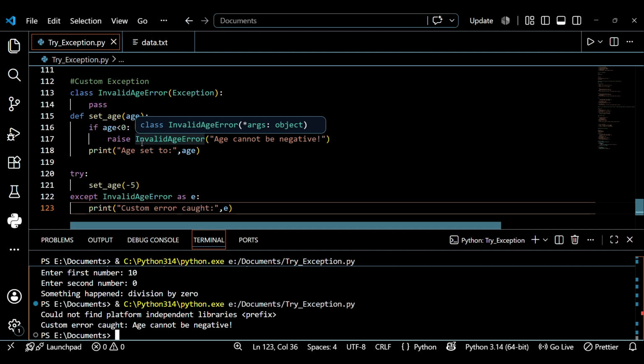I hope you understand this topic of custom exceptions. By creating your own rules, you're creating custom exceptions, right? After that, let's discuss the next topic, that is